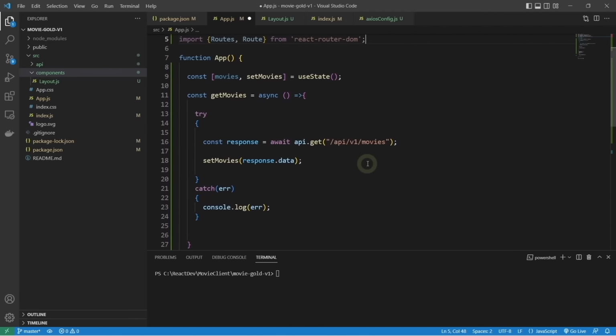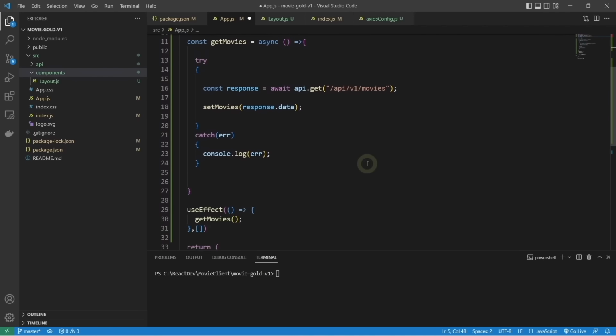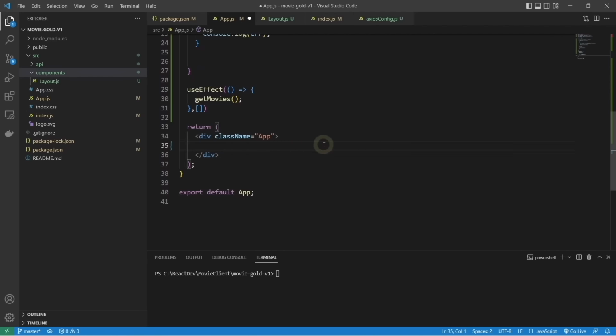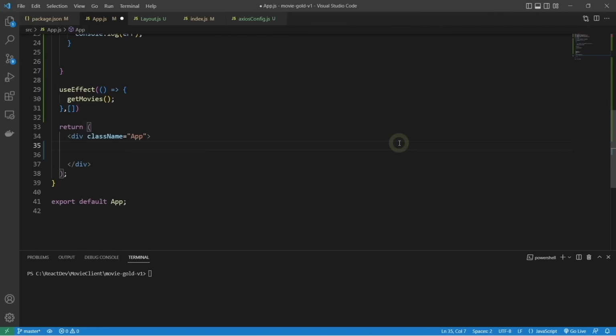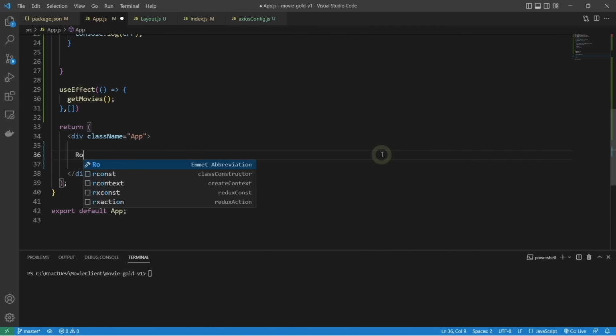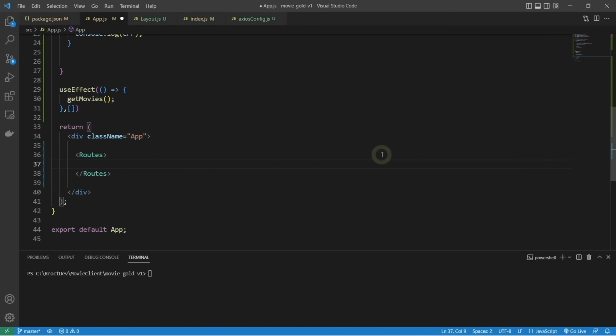In the return part of the App component, i.e. where JSX code is returned from our component, let's write code to establish the route mappings, as it were, for our application's React components. So let's first add the Routes element here. Within the Routes element, let's include a parent Route element. It's a parent Route element because child Route elements will be included within this parent Route element, like, for example,